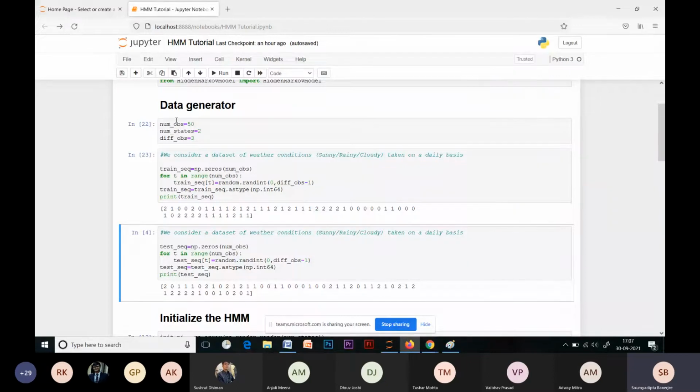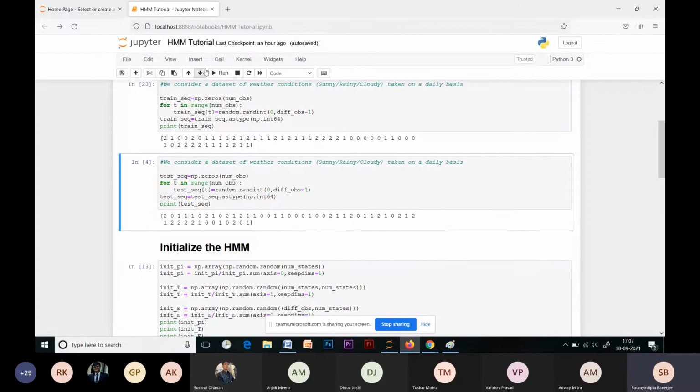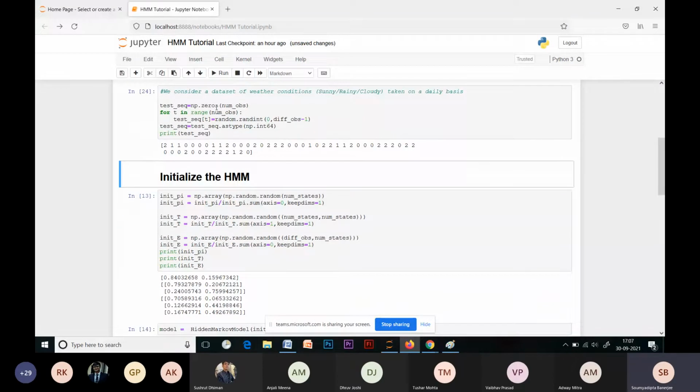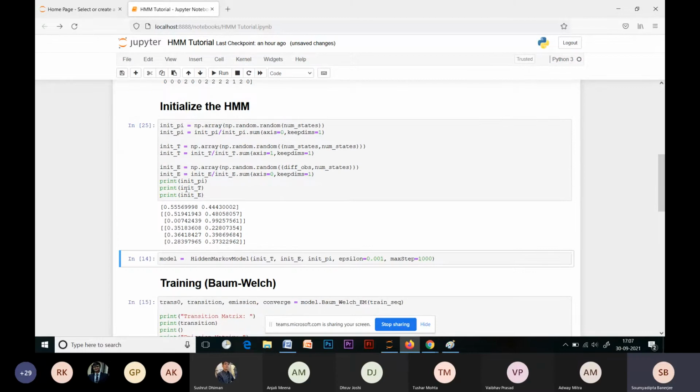Similarly, we can generate a test sequence, and I'll come to why we are generating a test sequence soon enough. With all this, we initialize the HMM. As we said, we start with an initial estimate. These are our initial estimates of the pi.